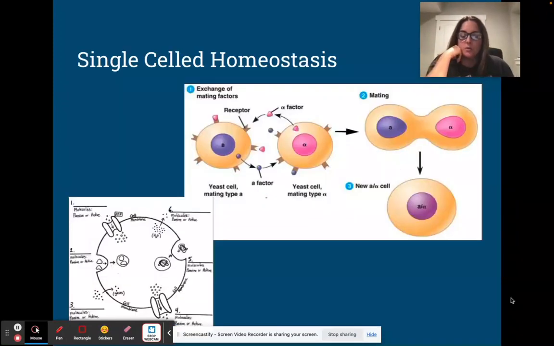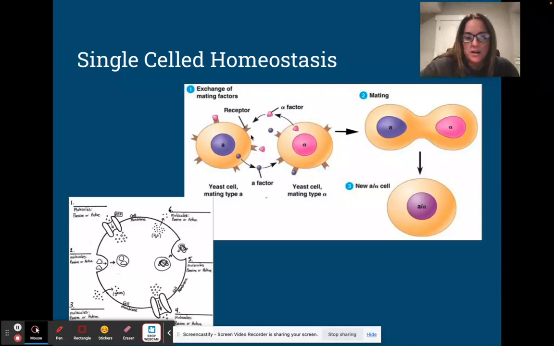And so that's what it looks like in a multicellular organism, where they've got lots of systems and tissue types and different types of cells and lots of hormone communicators. But in single-celled organisms, we're basically going back to what we've learned about transport. So things that are moving in and out by diffusion, endo and exocytosis, active transport. And then this is an example of what we would call